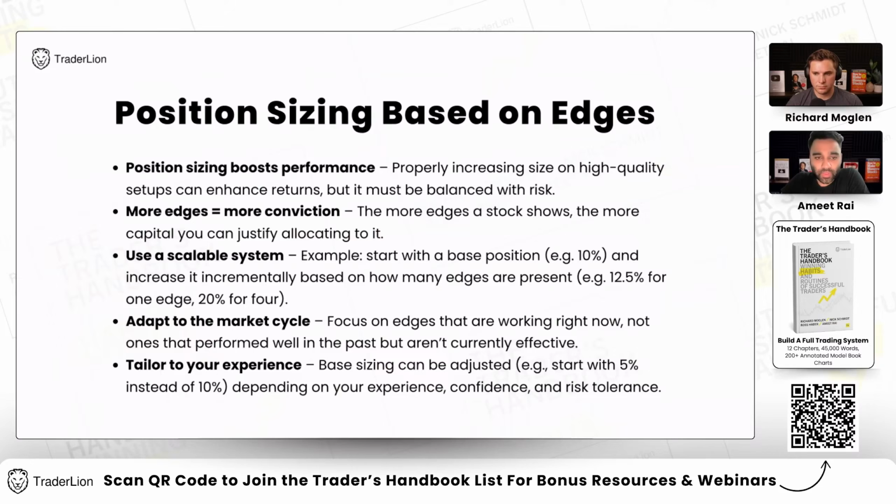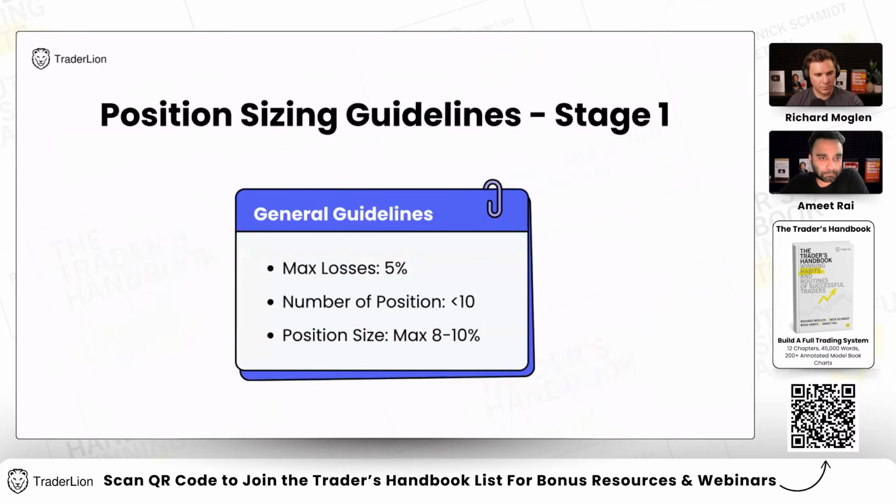The most important thing on this slide is, if you position size based on the number of edges that you see, it's just like that losses chart that we put up. You'll see the stats on the other side as well. The more edges, the higher your win rate will be, because that chart just has better characteristics. And then these are some guidelines for when we're in a trending, cooperative environment, above the moving averages. Some general guidelines that you can use.